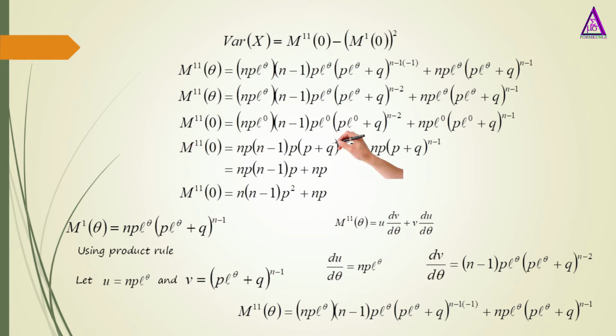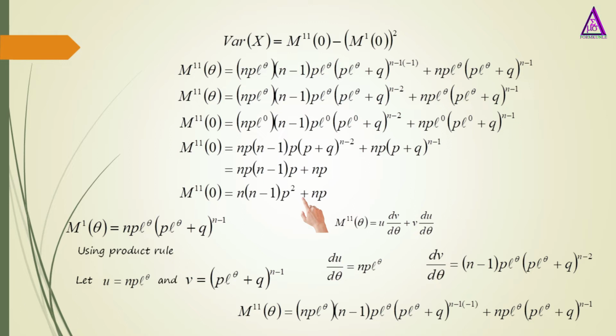Equation 4 gives us np into bracket n minus 1, close bracket p, open bracket p plus q, close bracket raised to n minus 2, plus np, open the bracket p plus q, close the bracket raised to n minus 1. And we know that p plus q equals 1 based on the binomial rule. So we now have in equation 6 np into bracket n minus 1 close the bracket p plus np. Therefore, when we differentiate the moment generating function twice and we make our theta to be 0, we have this